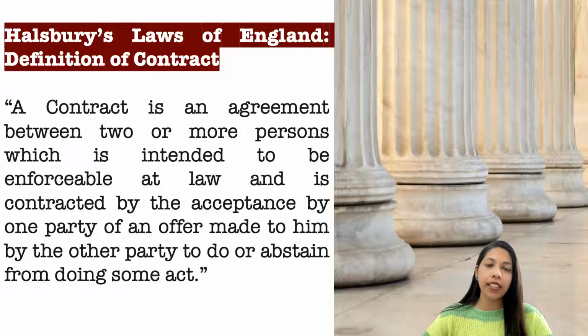Enforceability means it should be valid in the eyes of law. That means it should be a legally valid agreement or a legally valid contract. For example, we are entering into an illegal contract, like we are planning to set a bomb in a particular place and we are entering into an agreement or a contract. Is that a valid contract or a valid agreement? No, it is not a valid contract or a valid agreement. We call it an illegal agreement or illegal contract. So a contract should not be illegal in nature. It should always be legal in nature.